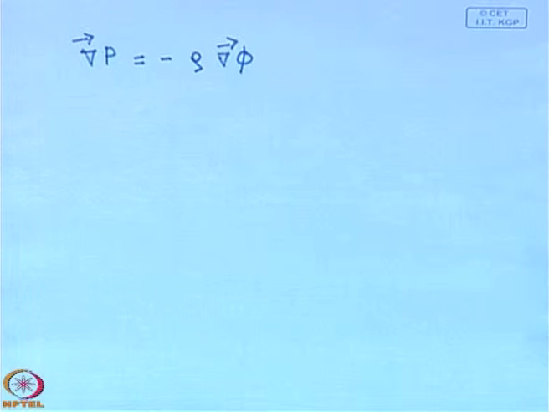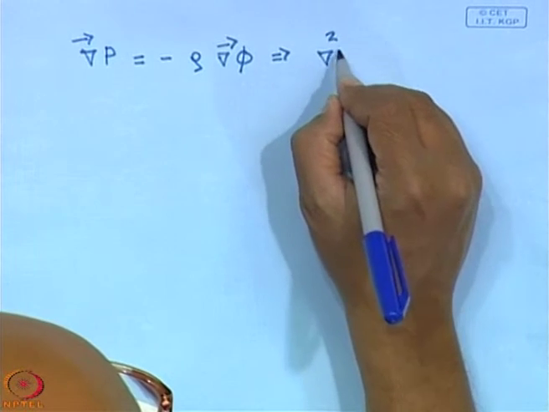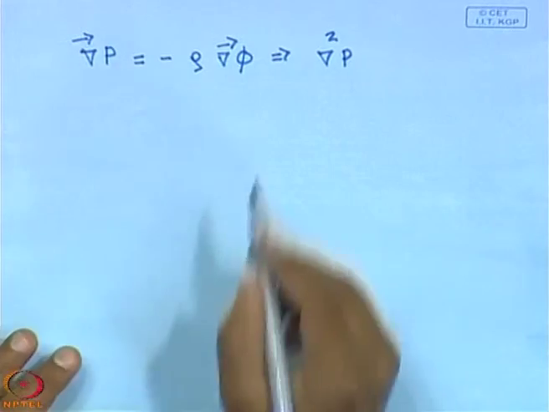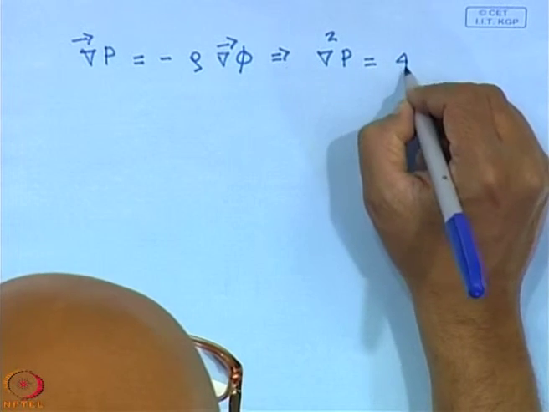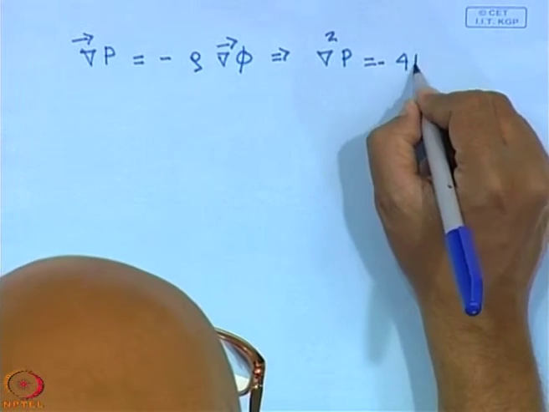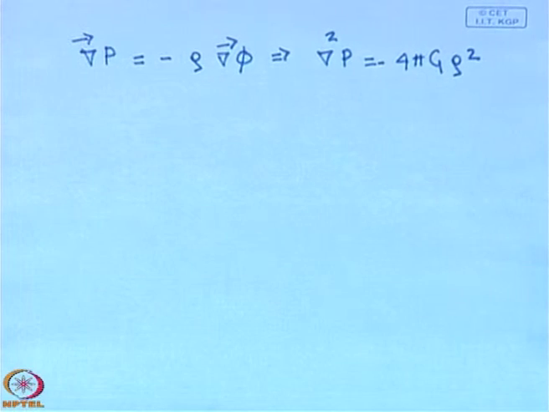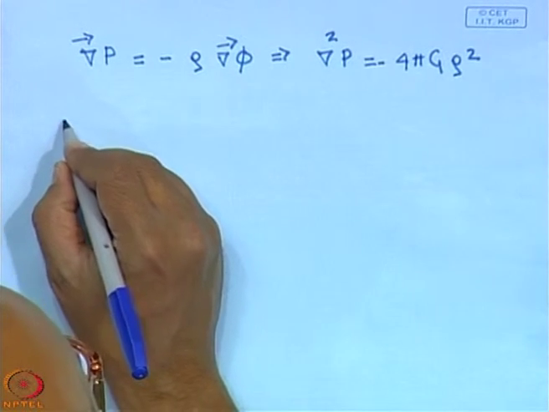Further, I could take a divergence of this, and we are led to the equation that del square P. Now, we have assumed that rho is a constant, so I can take it outside. So, I have del square of phi. So, this is equal to minus 4 pi G rho squared. And we can write this in spherical polar coordinates. So, if I write it in spherical polar coordinates, what I have is 1 by r squared